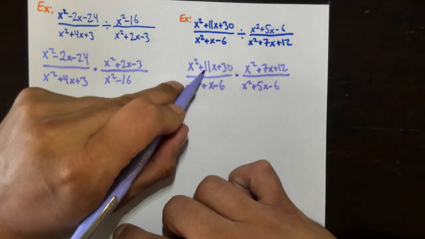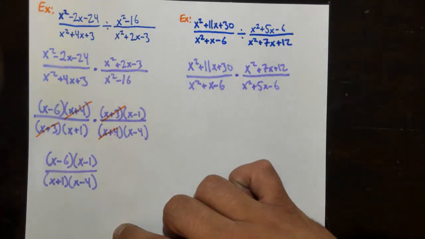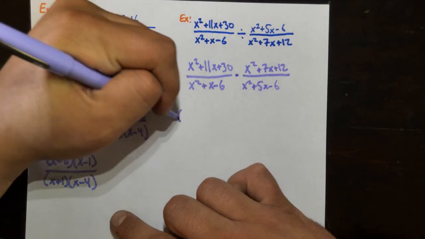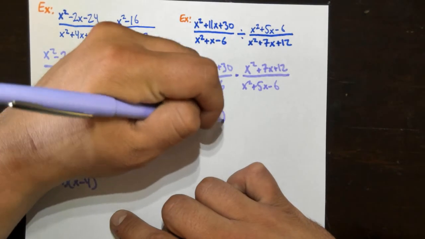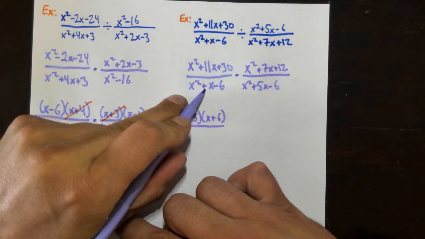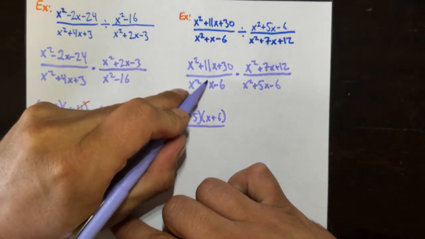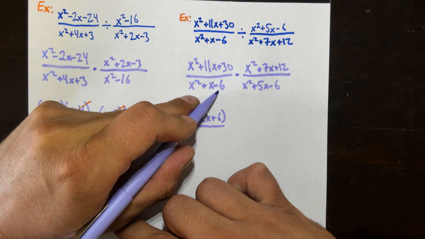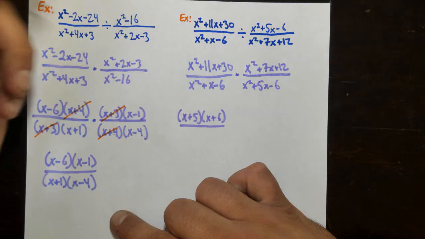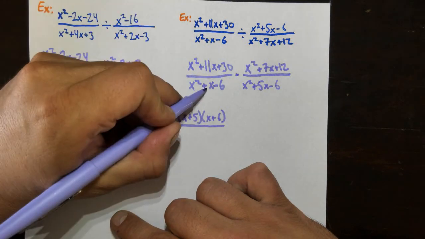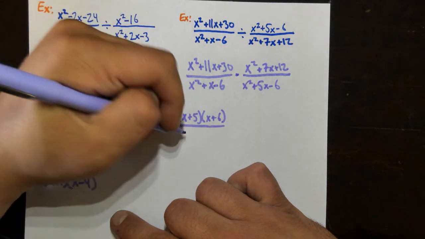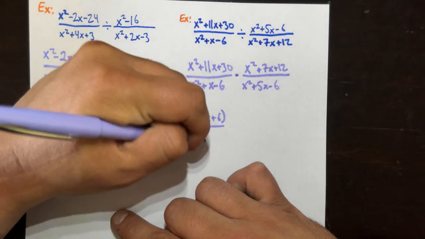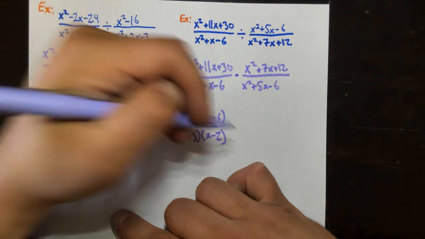All right, two numbers that add to 11 and multiply to 30, that'd be 5 and 6. So x plus 5, x plus 6. And then add to 1. Remember, there's a little invisible 1 right here. And then multiplies to negative 6. That would be 3 and negative 2, because 3 minus 2 is 1, and 3 times negative 2 is negative 6. So x plus 3, x minus 2, times,